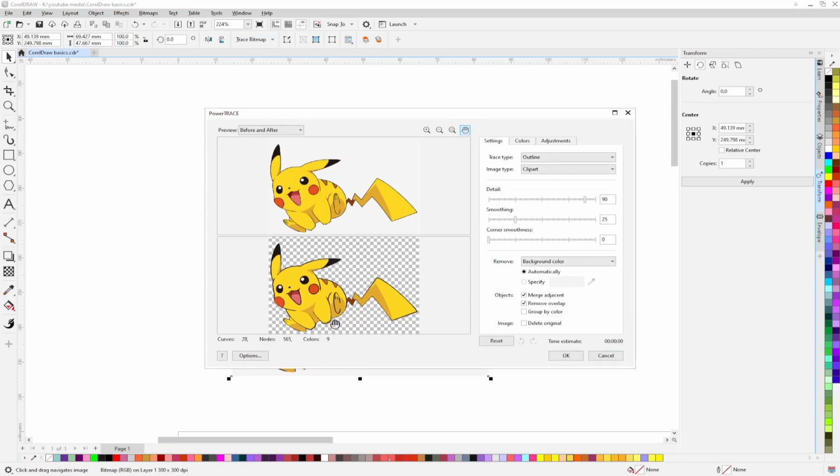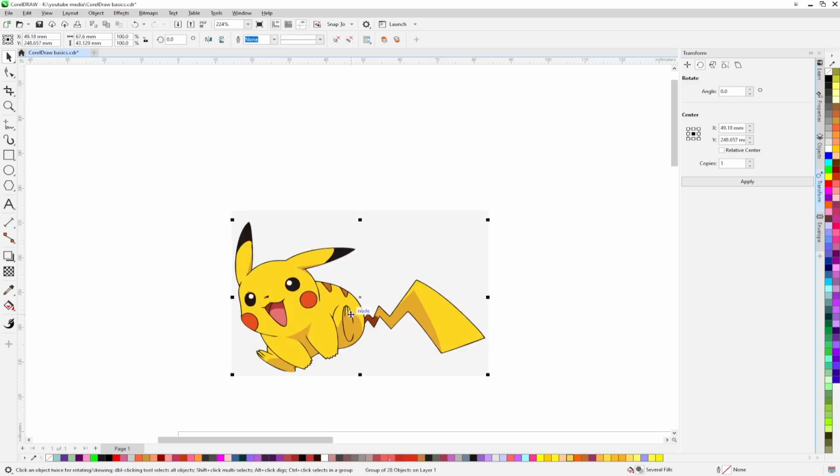And here you will have a preview of the result, so you can make adjustments using this detail or smoothing or corner smoothness options. You can remove the background automatically, like I have it selected here. You can play with these settings to get the best results. Let's click OK, and now the vectorized image will be placed on top of the actual image,